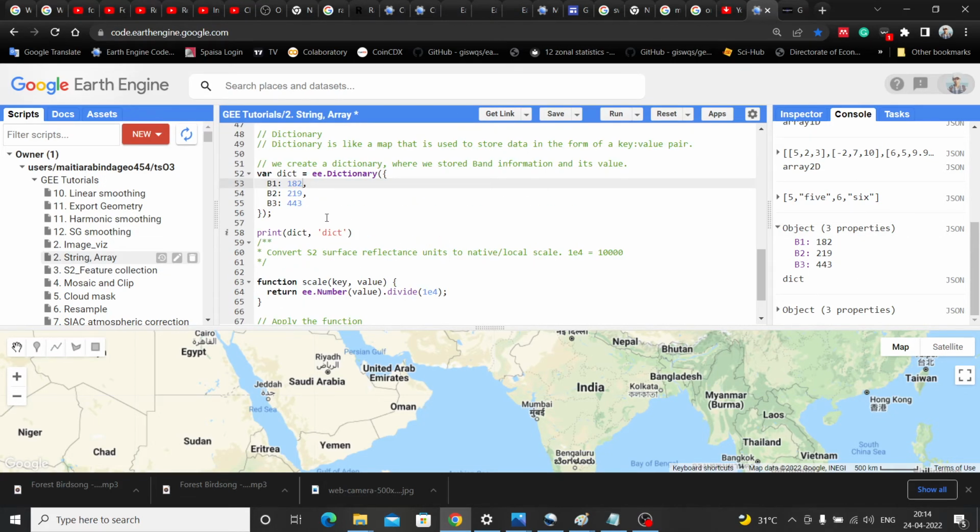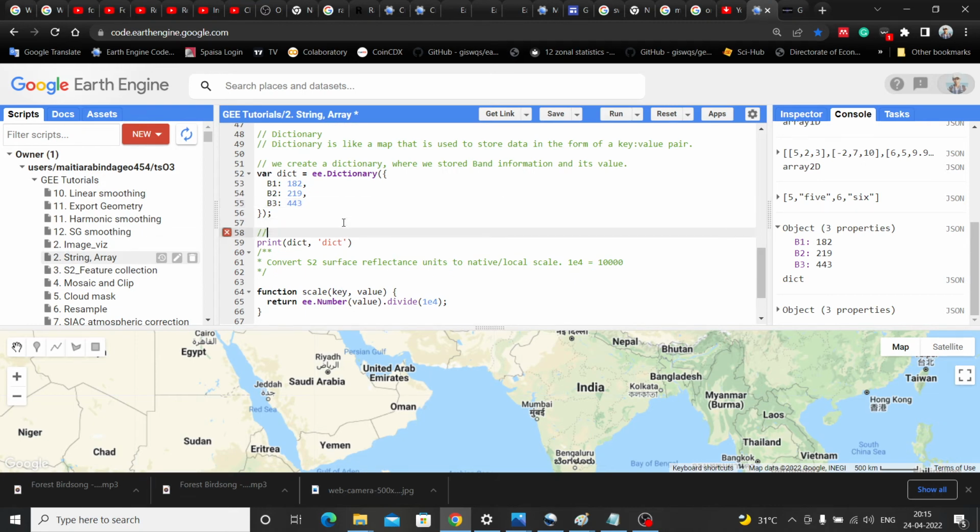So if you want to convert this band value into surface reflectance value, then what should you do? Then you need to divide by the scale factor value. Okay, fine, divide or multiply. So in this case my scale factor is 10,000.